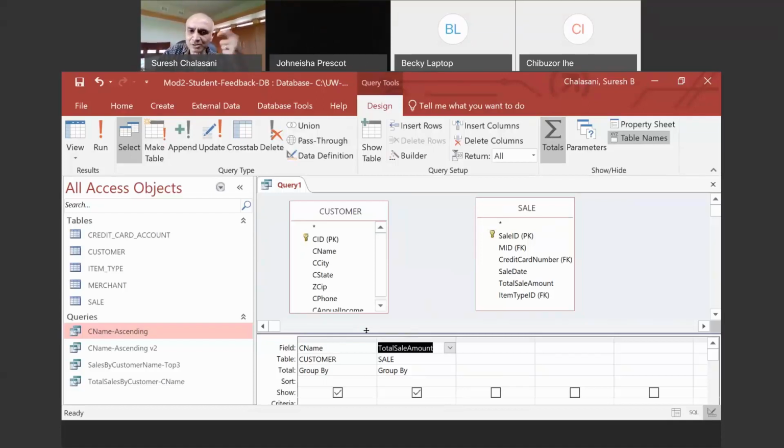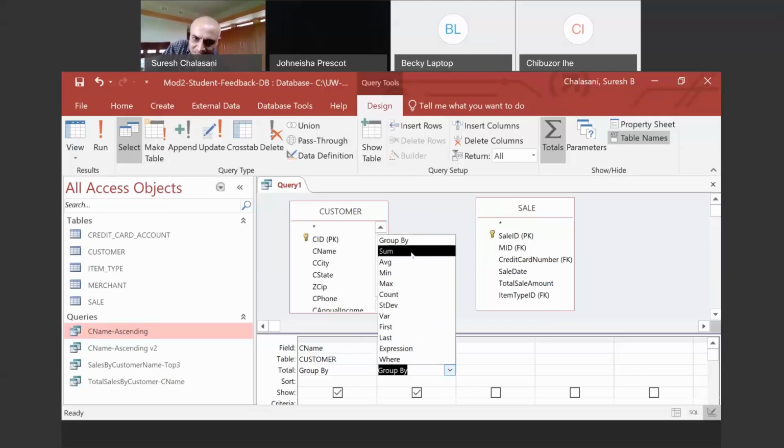So Bill Gates appears only once, Elon Musk appears only once. Each customer appears only once, and we are going to sum each customer's total sale amounts. And how do I sum them up? You have to come to this and select the correct function, sum it up, all right? So add them all together. That's what we are doing here.